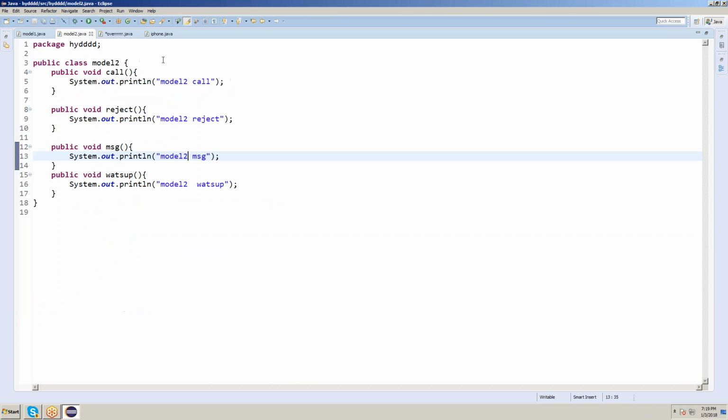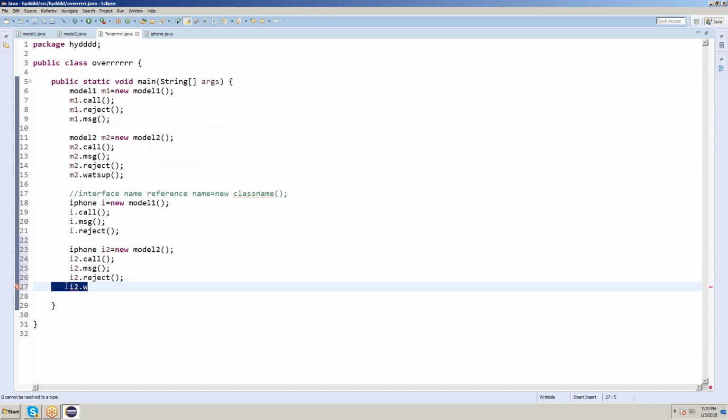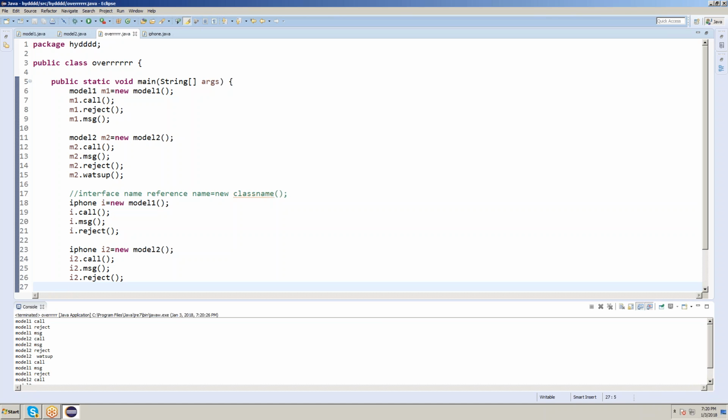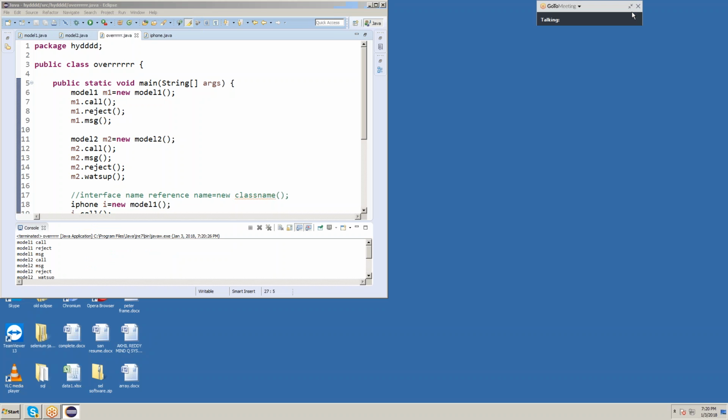So before that, we need to check whether Model2 has these interface functions or not. Model2 implements iPhone. The iPhone functions are call, reject, message, and we have them, so it is not showing an error. Here we have one extra function, WhatsApp, also, but it is not showing an error. Save. Here we can't get WhatsApp. Whatever we have in the interface, those functions only we can get. Otherwise we can't get them. Save. Click on run. Using this interface concept only we can enter into Selenium. So whatever we have in the interface function should be there in each and every